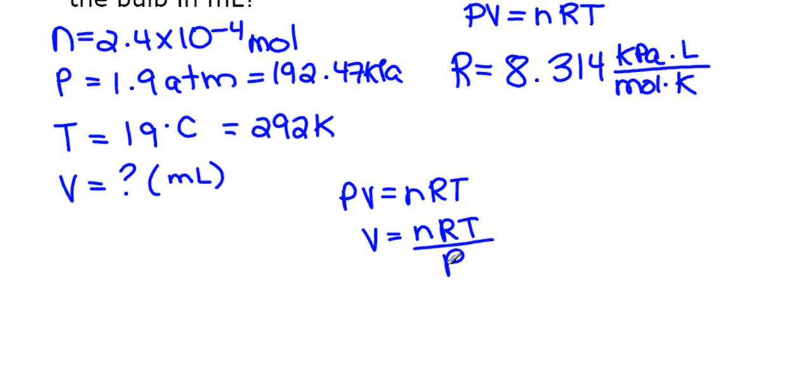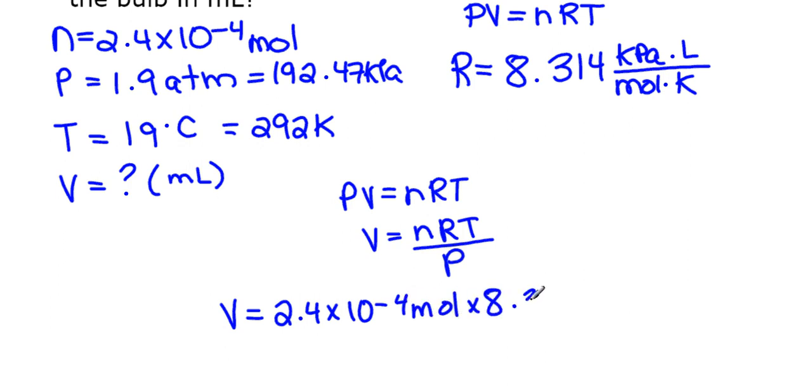And so my rearranged formula should look like that. For this one, we don't have to do a lot of rearranging. Once I know what it is, I can start to plug in my variables, and we're going to put all of our units in like we always do to show how they cancel. So 2.4 times 10 to the negative 4 moles